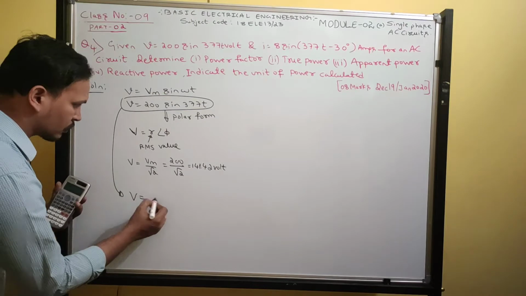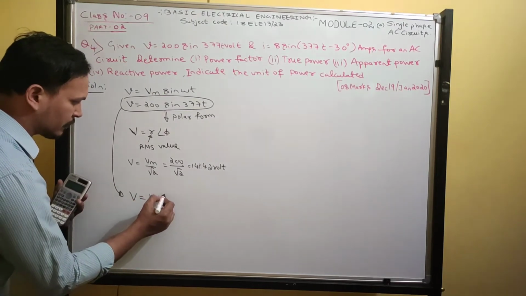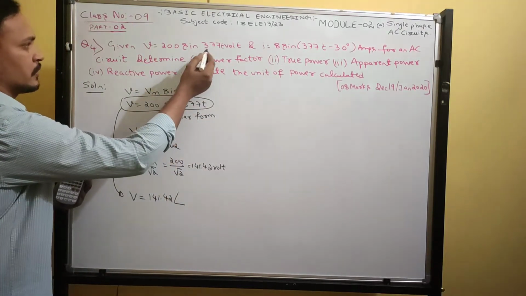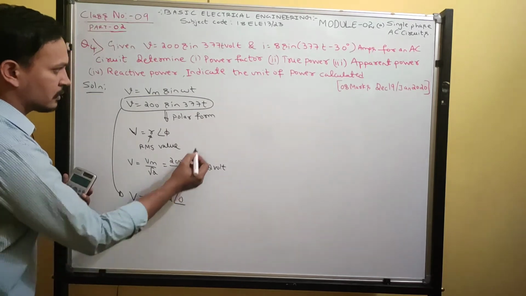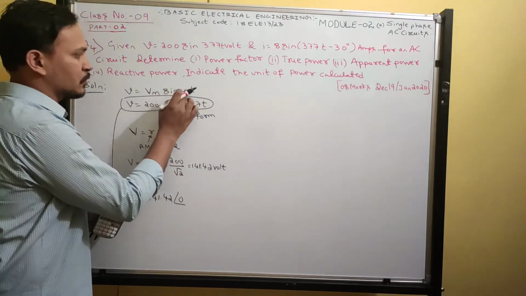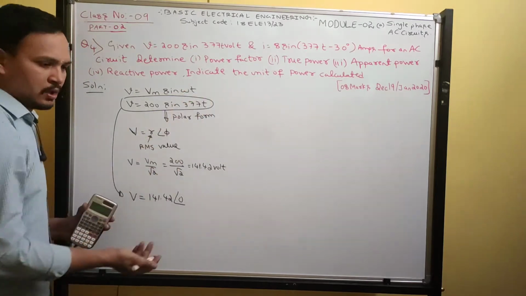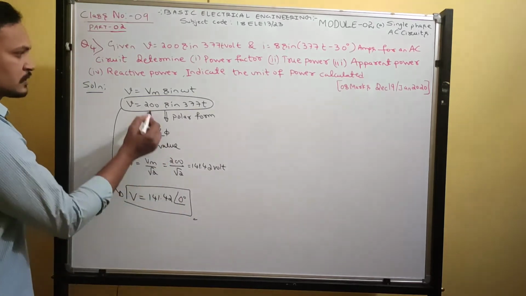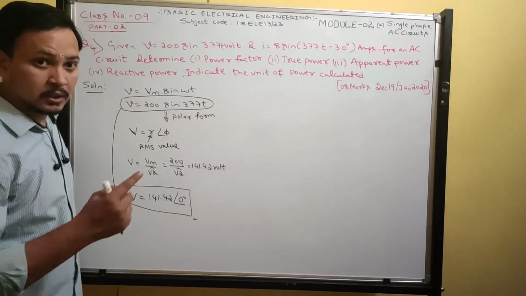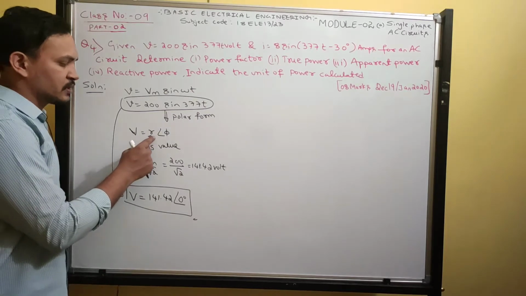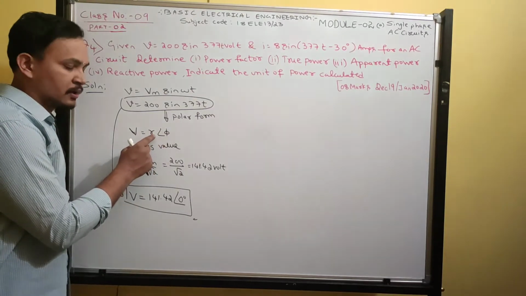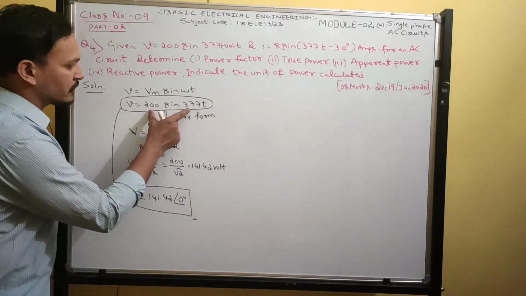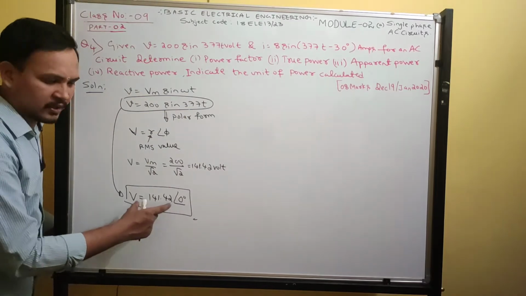Therefore, we can represent this equation in polar form in this way. V is equal to, what is the magnitude? 141.42 at an angle of, what is the angle? 0 degree. The standard format is Vm sine omega t plus or minus phi. Here the angle is not given, so you write angle 0 degree. This is the maximum value, convert that into RMS, because in polar form, R at an angle phi, this R indicates magnitude and that should be in RMS.